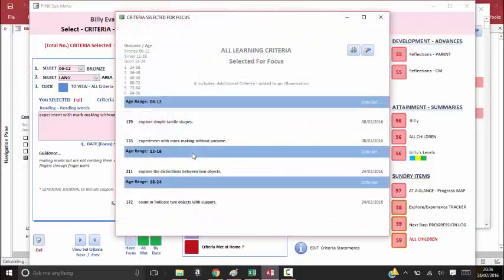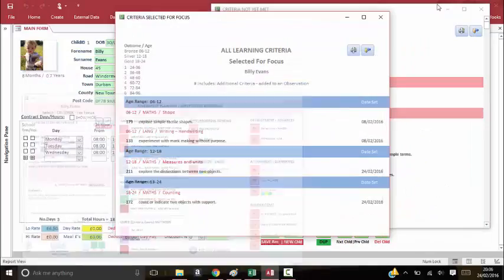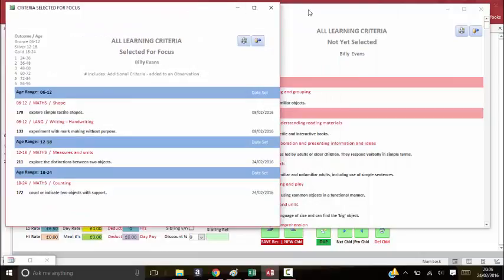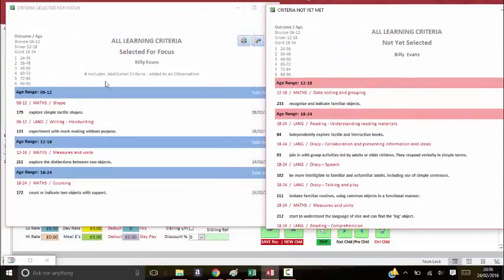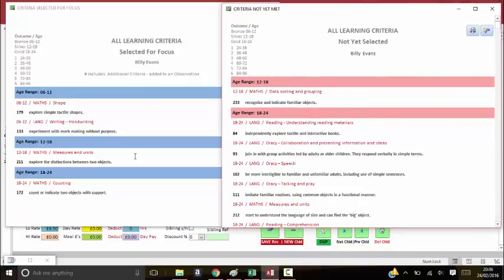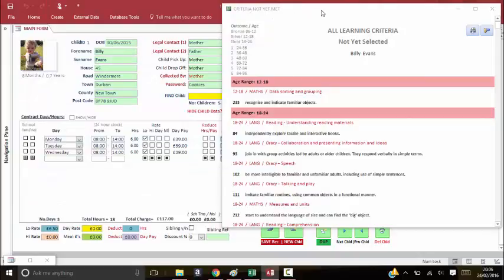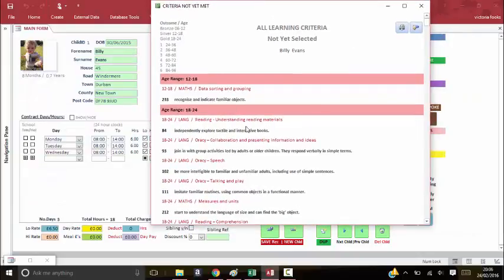If you also have open the next steps that you have for focus, you can see that there's 2 within the 6 to 12 months, you've got 1 within the 12 to 18 months, and you're beginning to go into the 18 to 24, and in here it's 12 to 18. So it may be the case you are well within the process of moving the child through. So it may be useful to have some more information on these ones in 18 to 24